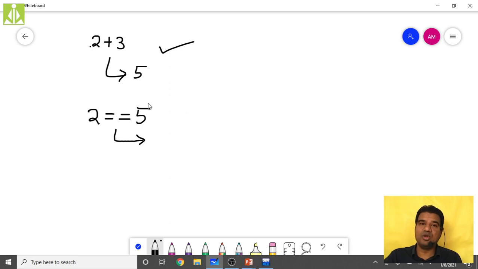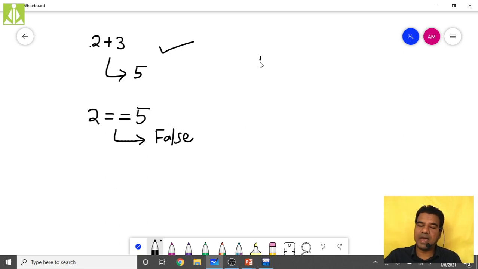So as we said, Boolean values are only two, either true or false. So here this type of statement, what I am writing over here, it is a false statement because I am comparing two unequal operands. So you will get a Boolean false over here. Remember this one, Boolean false you will get.